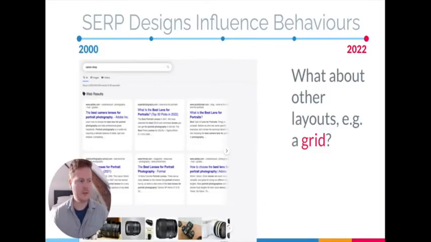Moreover, you can also ask, how would user interactions change if we presented the SERP in a completely different layout, such as, for example, a grid? Recently, You.com presented results in a grid view, and as we can see from this screenshot you're looking at now, results are presented in a more compact manner compared to the more traditional underneath list layout. The effect of this layout on user interactions hasn't really been studied as much as its list counterpart, if at